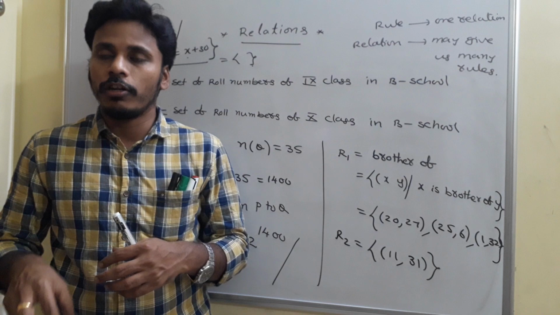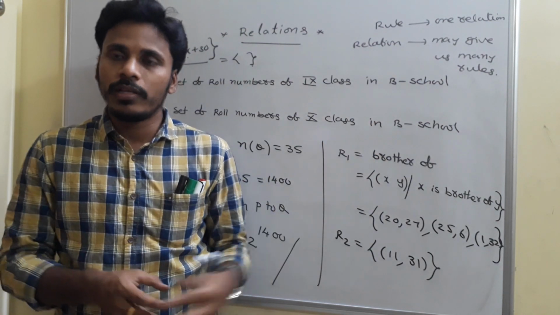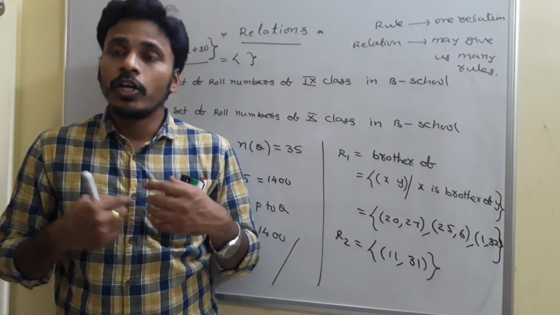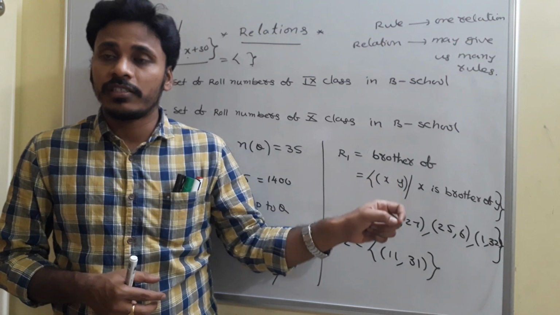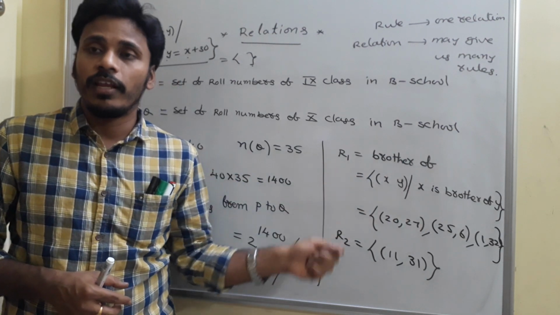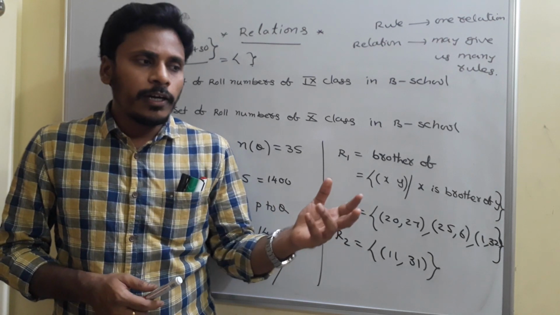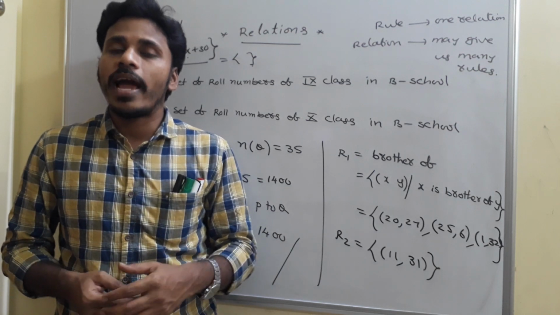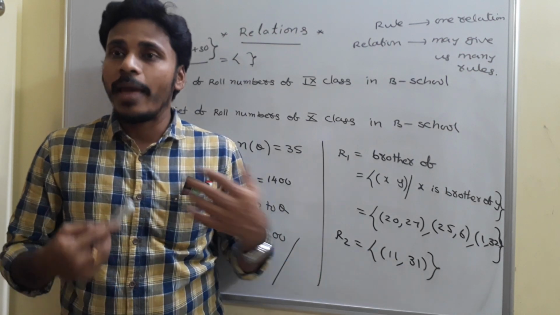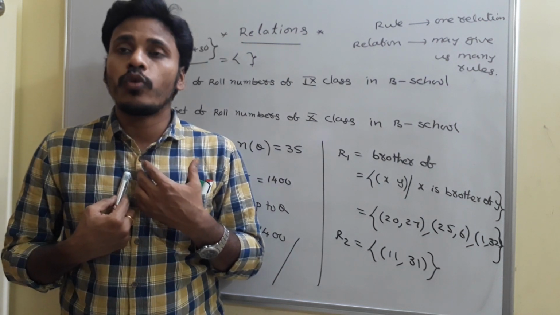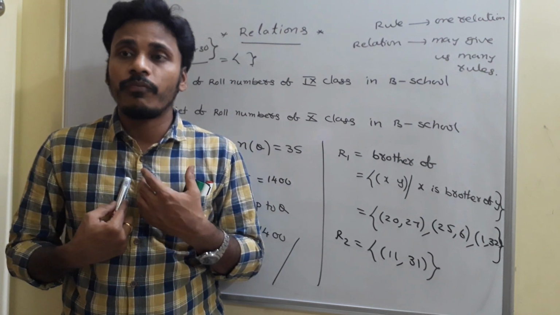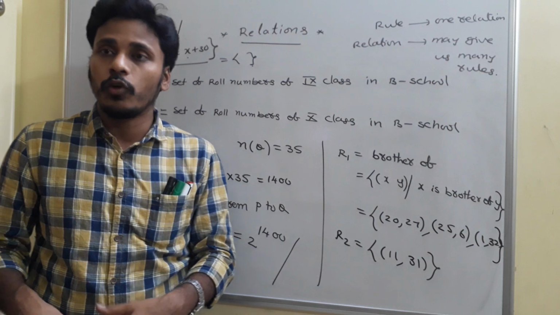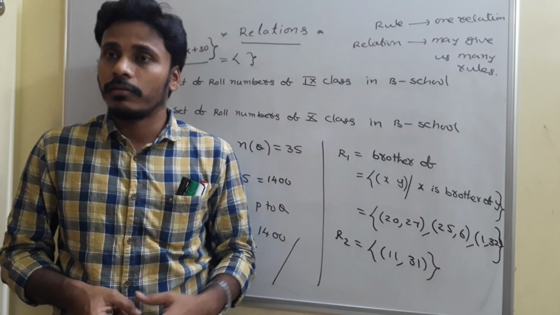So if I connect these 2, 3, 4 and those 5, 6, 7 in all possible ways, and arrange all those ordered pairs in a relation, I say that the rule of the relation is that those two persons belong to the same village V. See, if other persons don't know about the locality of those students, they can't identify the rule of that relation, because I arranged that. Because I know that those students belong to the same village, I am very comfortable giving a rule for that relation. But other persons, since they don't know about the locality of those students, can't give any rule for those ordered pairs, right?